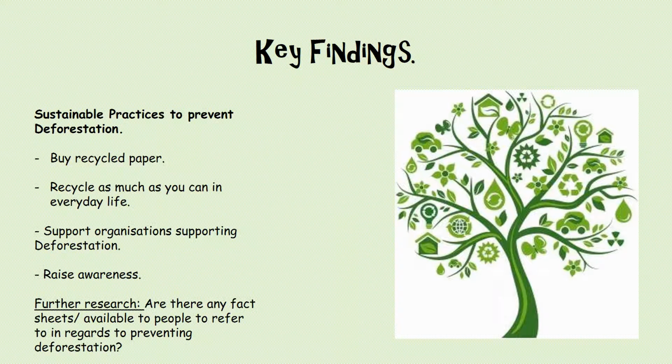The main finding was definitely the importance of sustainable practices. It's important to incorporate this in our everyday lives, and some things that we can do is minimise our purchases of paper tree-based products by buying an alternative such as recyclable paper or going paperless, supporting organisations that help prevent deforestation such as Rainforest Rescue and WWF Australia, and we could raise awareness in our community among friends, family and work colleagues and assist them to incorporate this practice into their everyday lives.